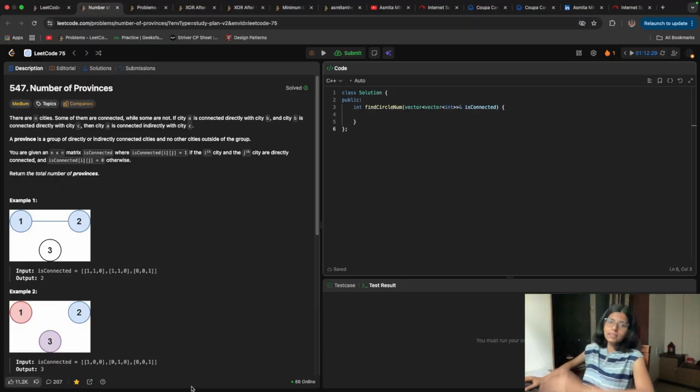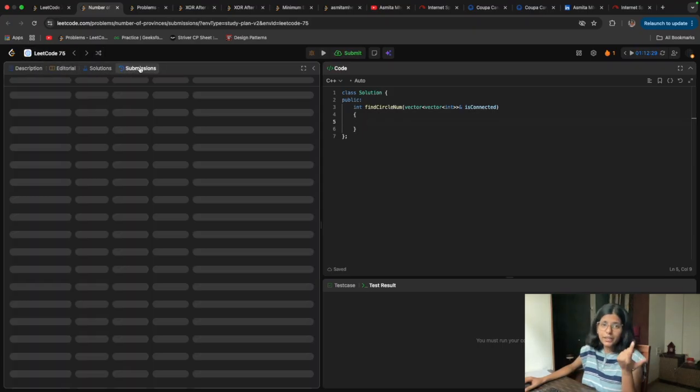Now let's see. Let's take this example, 1 2 3, or we can just code it, and while coding I will tell. Okay, let's say we solved it using DFS, and we have that code. Let's take that code and we just write a BFS function where we wrote the DFS function.